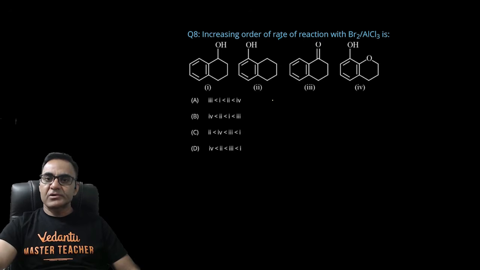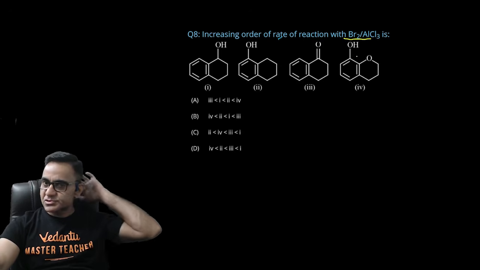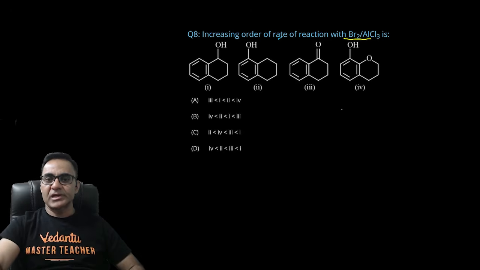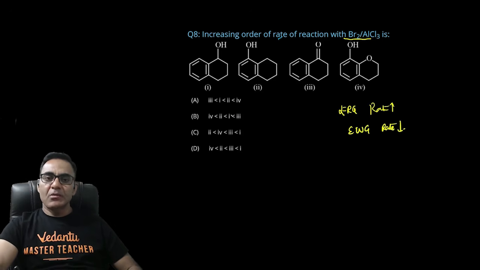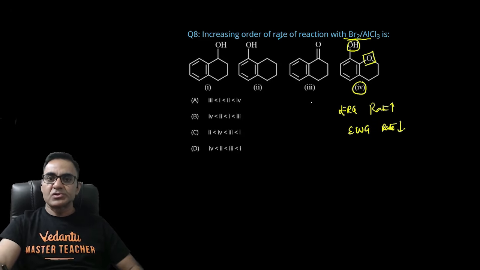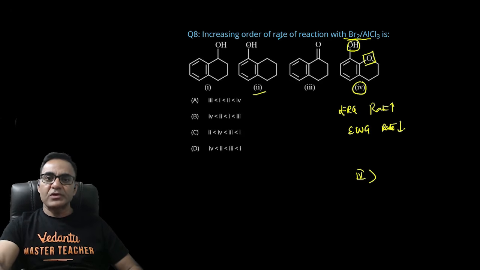इंक्रीजिंग ऑर्डर ऑफ रेट ऑफ रिएक्शन विद रिस्पेक्ट टू ब्रोमीन एंड AlCl3, यानी कि एक इलेक्ट्रोफिलिक एरोमेटिक सब्स्टिट्यूशन रिएक्शन के रेट की बात कर रहे हैं। तो आपको पता है कि अगर इलेक्ट्रॉन रिलीजिंग ग्रुप लगे हो तो रेट बढ़ जाता है, और अगर इलेक्ट्रॉन विड्रॉइंग ग्रुप लगे हो तो रेट घट जाता है। तो ये है कंसेप्ट। अब आप चारों ऑप्शन केयरफुली देखोगे तो फोर्थ ऑप्शन में एक तो ये OH लगा है इलेक्ट्रॉन रिलीजिंग, एक ही ऑक्सीजन की इलेक्ट्रॉन रिलीजिंग है। तो फोर्थ का रेट मैक्सिमम,